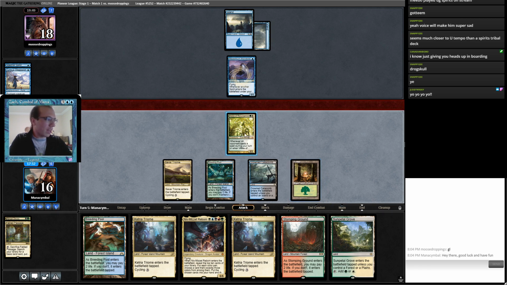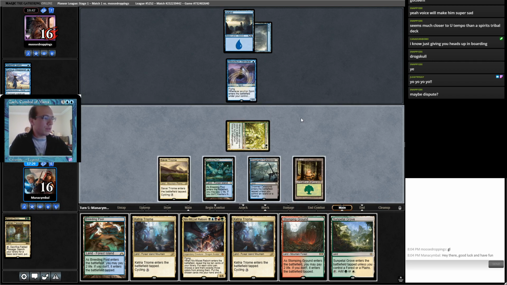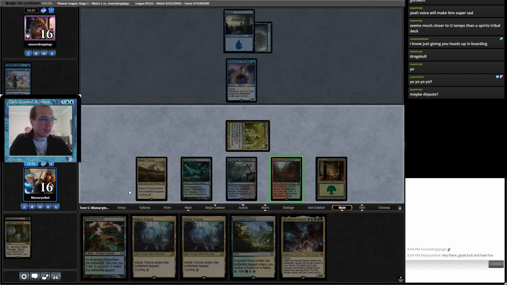Got white, black. Yeah, I don't have red. Dispute. Could be Dispute. I wonder if they're clever enough. But if they Dispute, I get a token. Like, I'll lose my Niv, but, like... Largely gonna...